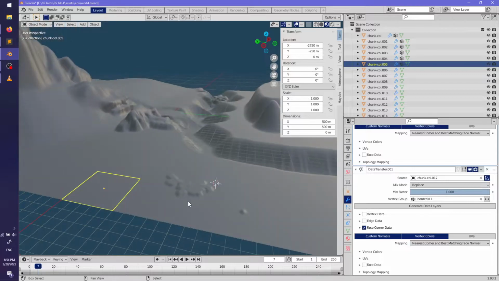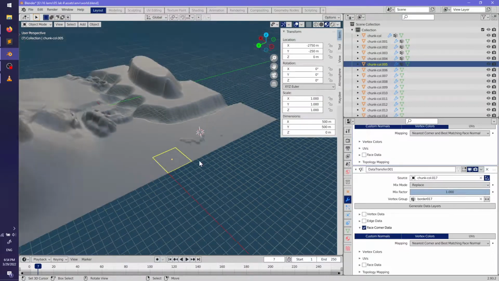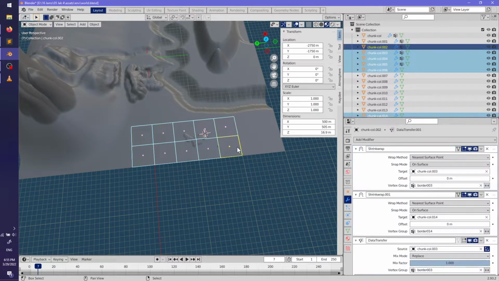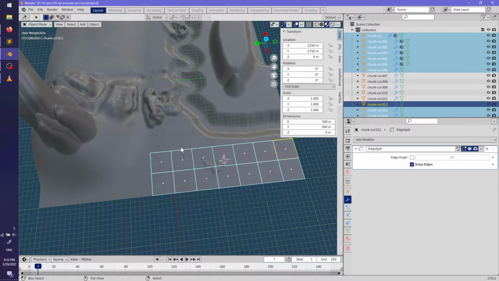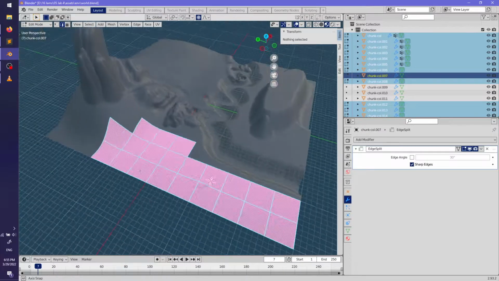And yeah, and I'll just add some, let's just make some gently rolling hills over here. I don't actually remember what I was gonna put here. Probably nothing of importance.